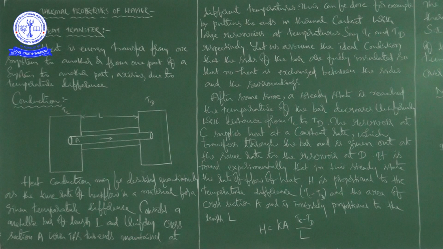Now I will come to the example. Take one iron rod. One end you are going to heat, then what happens to the other end? After a certain time, over a period of time, the other end also will become hot. What is the reason here? Heat energy flows from the hotter end to the colder end. So in this example, heat transfer takes place by conduction from the hot end of the rod through its different parts to the other end. This is exactly what is happening.